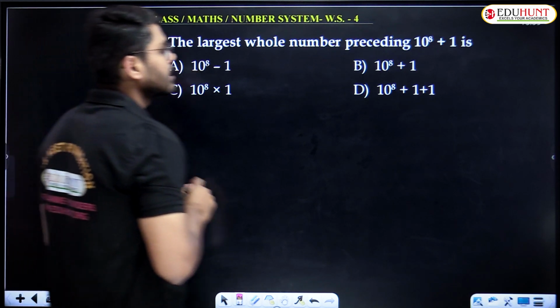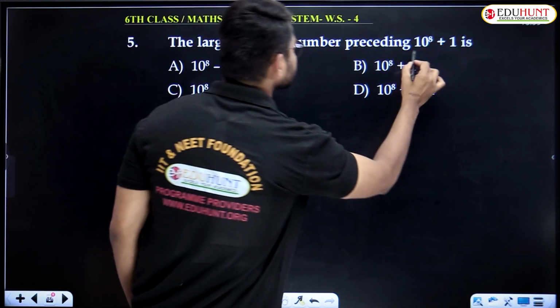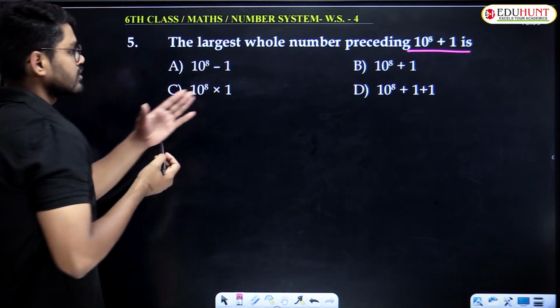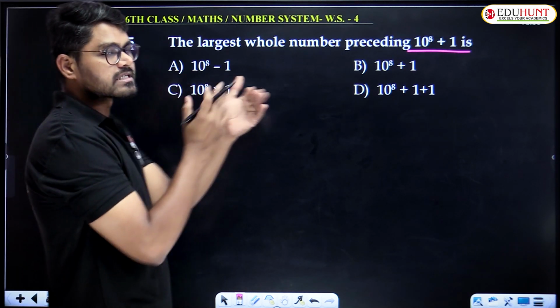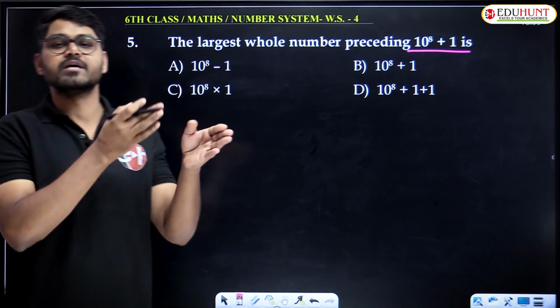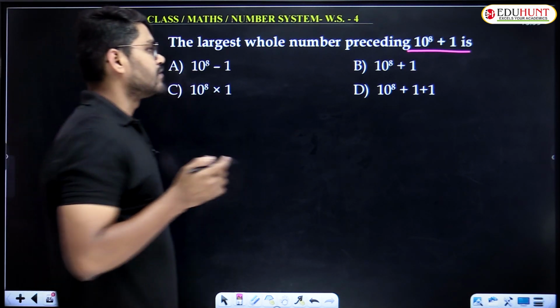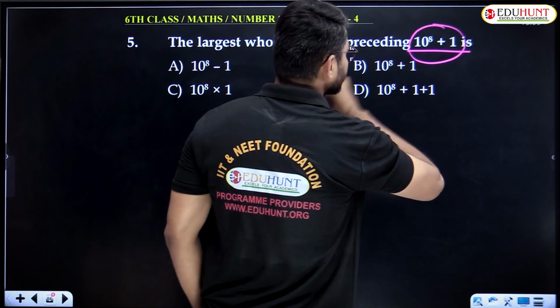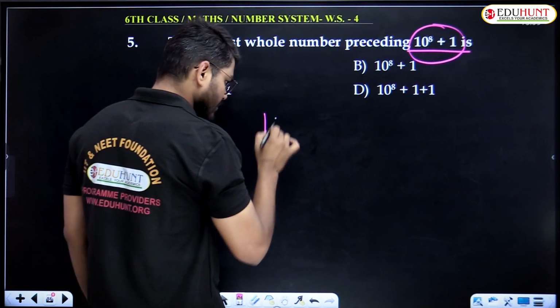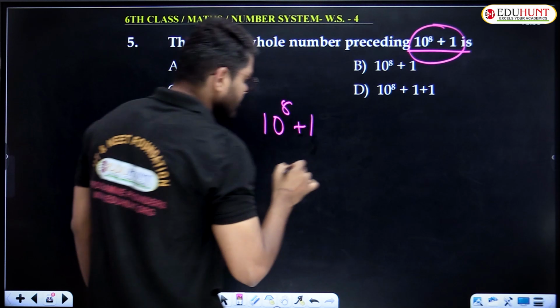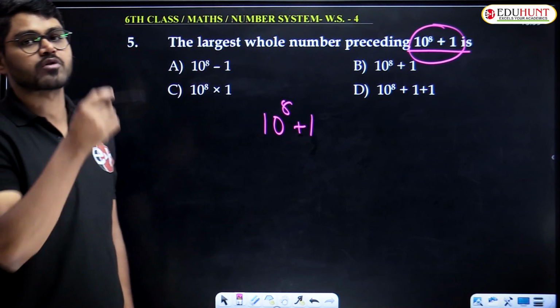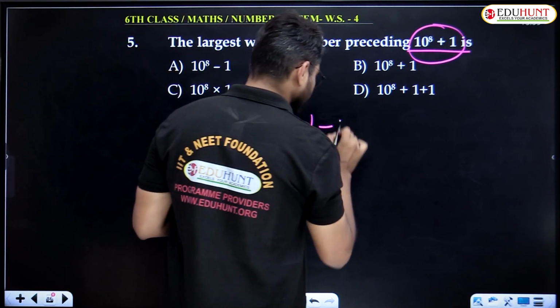The largest whole number preceding 10 power 8 plus 1 is, so the given number preceding means the before number. What do you mean by preceding? Pre means before number. What is the before number of 10 power 8 plus 1? Before number means we have to subtract 1. Now subtract 1 from this number,